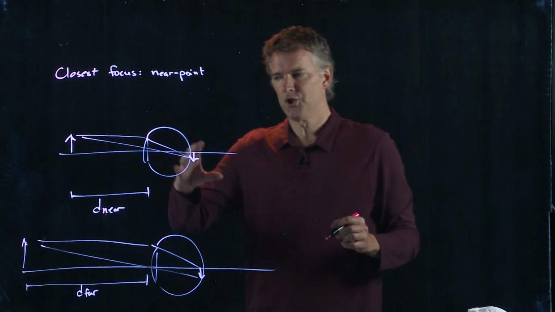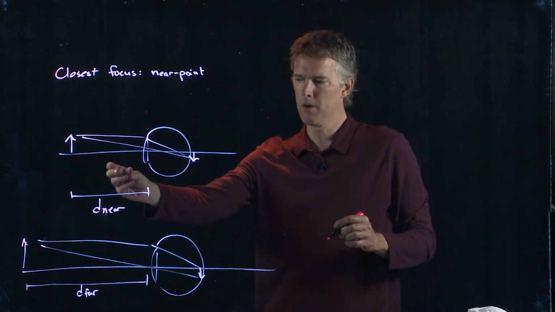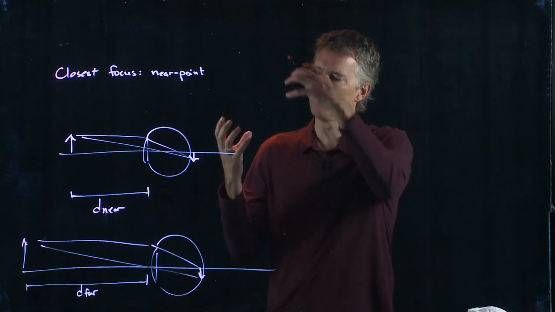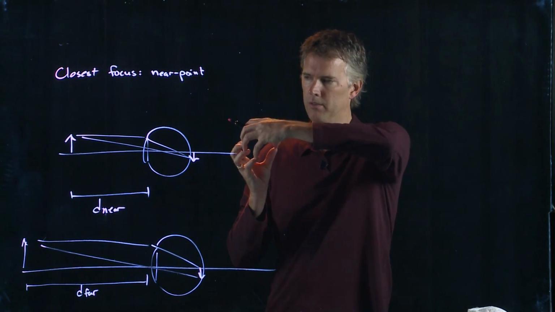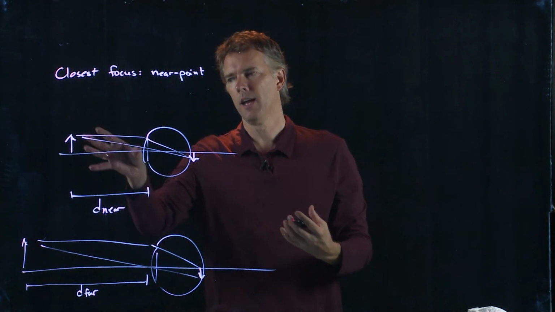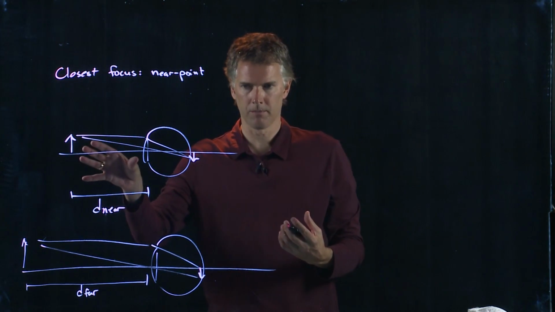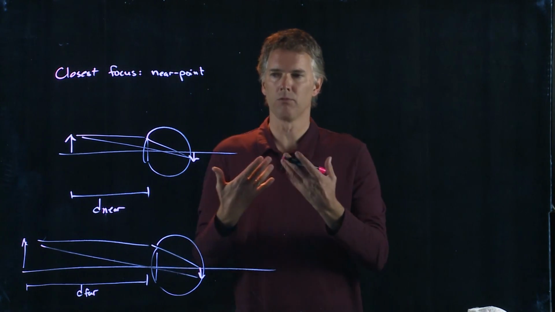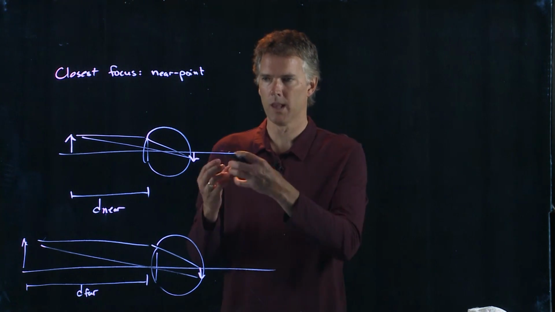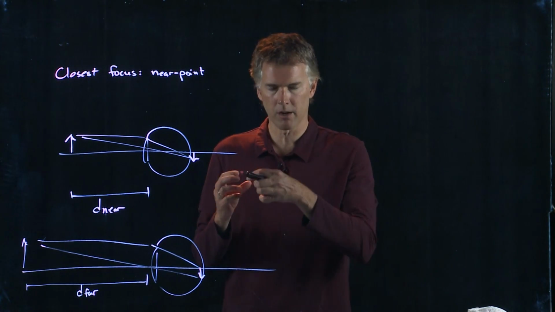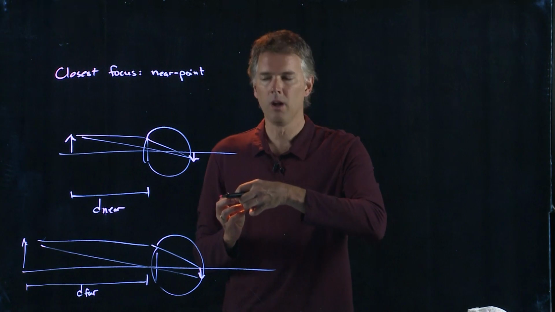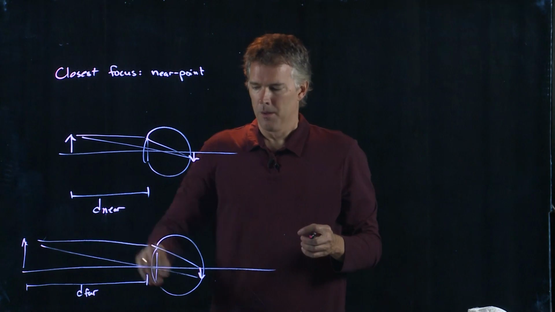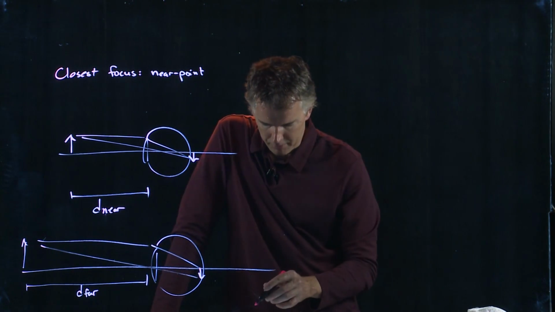Now, you can change the near point by adjusting your crystalline lens in your eyeball. So when you squeeze on that lens, it gets a little more bulbous, increases its focusing power, and that allows you to see things close. Seeing things far away is when your eye is relaxed. So when you relax the ciliary muscles that are squeezing that crystalline lens, then that's your far point. Okay, so let's take a look at the first person.